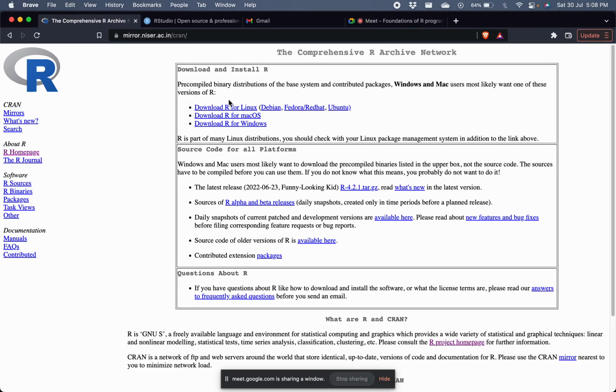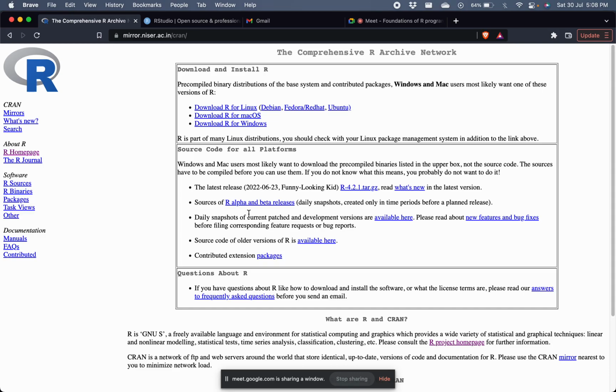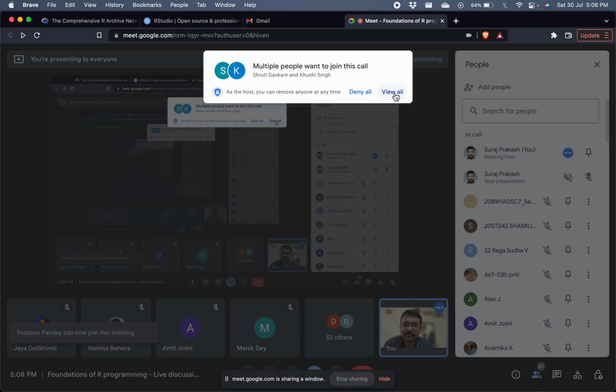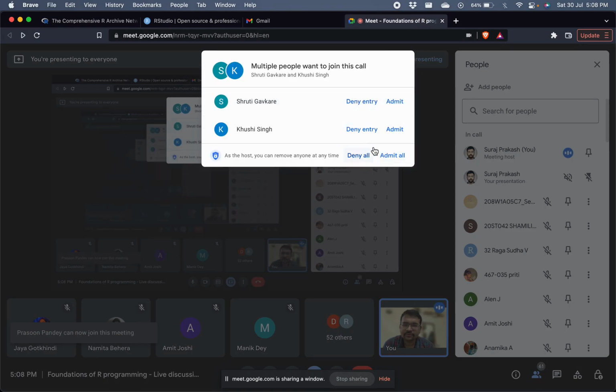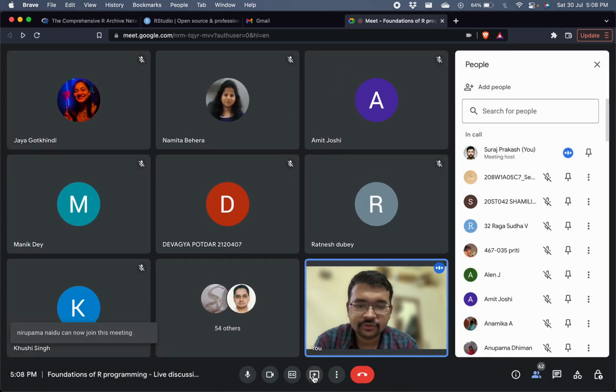So, okay, this is one point where our systems may differ, but this is where the difference will end, because with R there are no noticeable differences, based on what operating system you're working with. I am working on Mac OS, so I've already installed it. I'll stop sharing this screen, and I'll now switch to